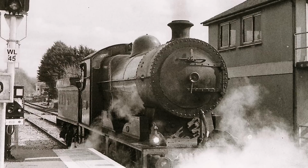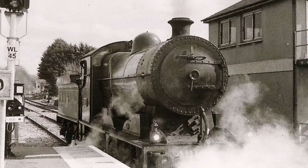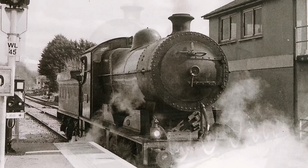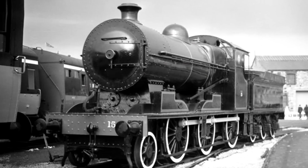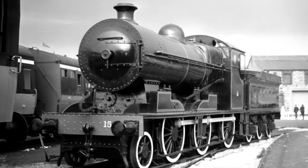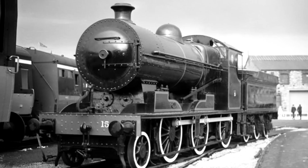Now, I know I'm playing Donald and Douglas's theme over this, and I'm well aware that Donald and Douglas are Scottish, but as soon as I saw that these were a pair of locomotives, I just couldn't resist. They're twins! And they were built for the heavy goods freight traffic on the Dublin to Wexford main line on the DSER. They were actually built by Bayer, Peacock and Company, and they served faithfully for many, many years despite